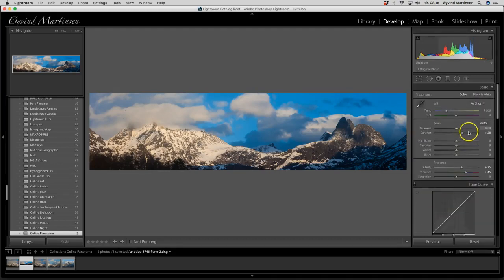We can also lift the shadows a little bit up. Look here, shadows. Drag it to the right, and then we'll lift the shadows a little bit. You see here what this tool can do. A little bit up. If I do it too much, it will be maybe too weak, and it will reduce the contrast. But I take it a little bit down here. A little bit up on the contrast. There we have it. Now we also see there's a lot of dust here, so if we want to remove